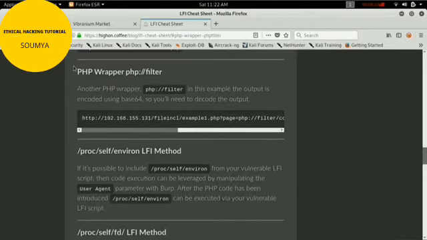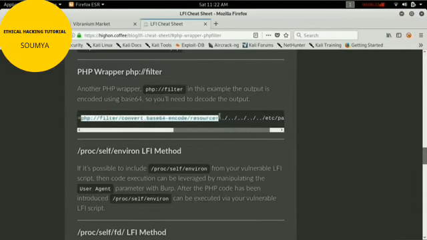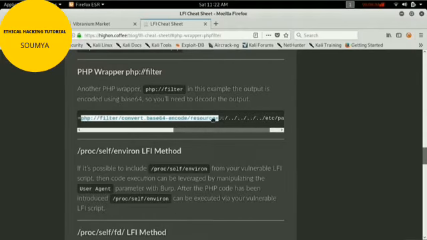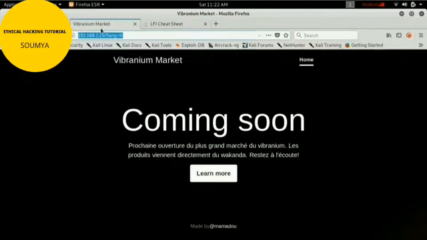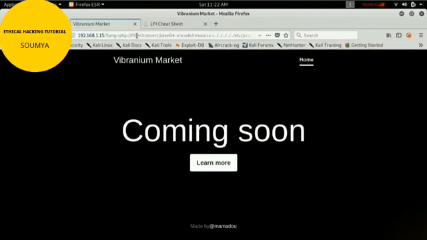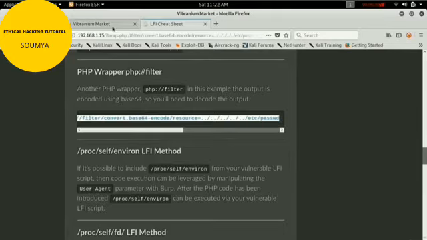Just copy this code, the PHP filter wrapper. If the page is vulnerable, we get the username list. Let me check this one. I think it's not vulnerable.